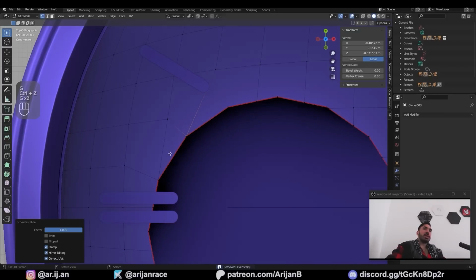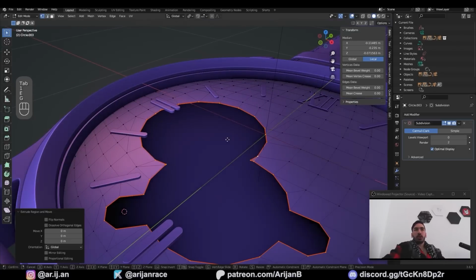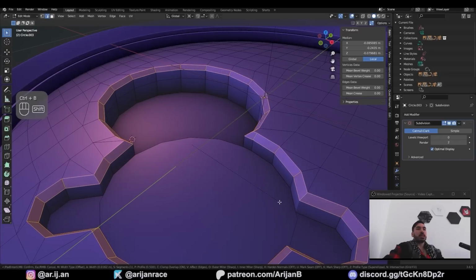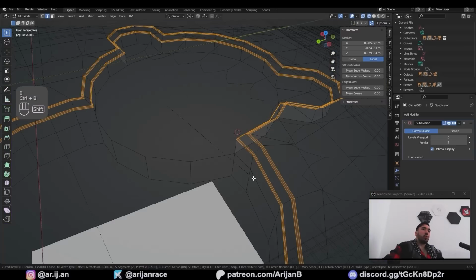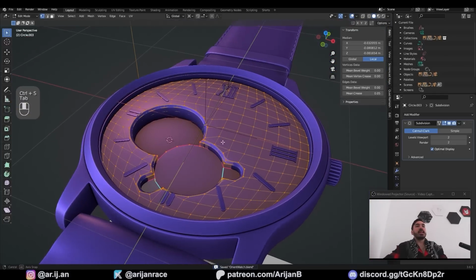inside. We're gonna try to clean this up a little bit, and once we got this under control a little bit, we're gonna select all the edges, extrude and pull them downwards. I like how this looks when we bevel it, so we're gonna bevel it twice, and when we add some subdivision surface, I think this looks pretty damn clean. Next, let's figure out a way to make the